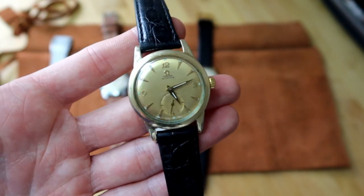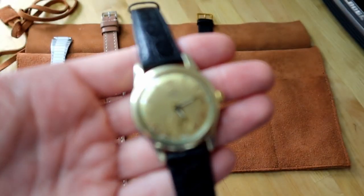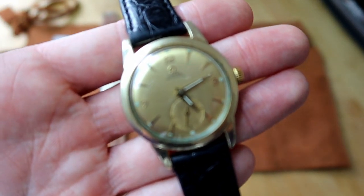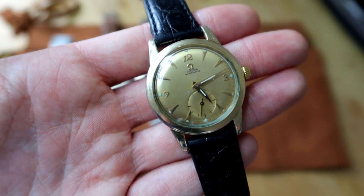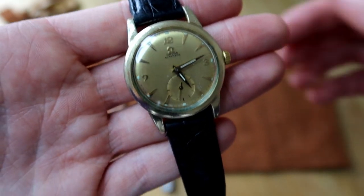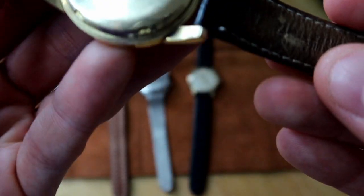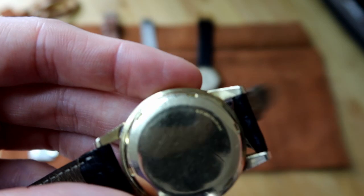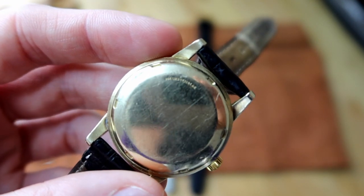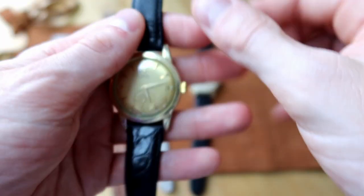So the watch that you see in front of you here is an Omega automatic. I apologize for the focus there. Make sure I get this focus. It's an Omega automatic from the 1950s. The watch is 35mm in diameter, and the watch is 14 karat yellow gold filled. If I can get the focus here on the case back, you'll see 14 karat yellow gold filled written on the case back there. 35mm watch,